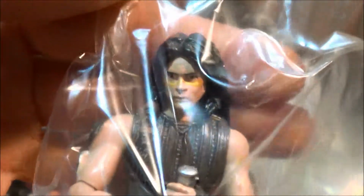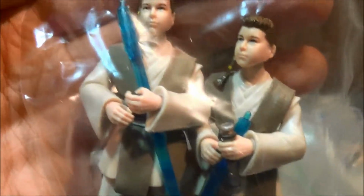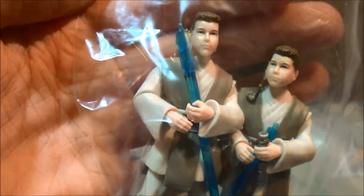Here is another William Voss. Here's two of George Lucas's son, Jet. Well, I forget this character's name, something similar to it, but his real son's name is Jet. I bought two of these. Well, actually, I got this on sale too. I bought two of these because this body,